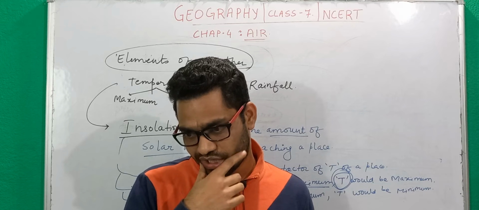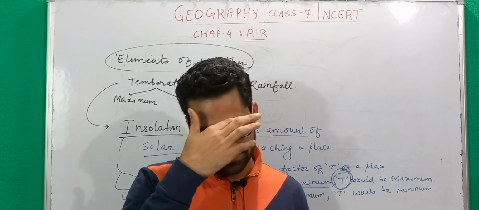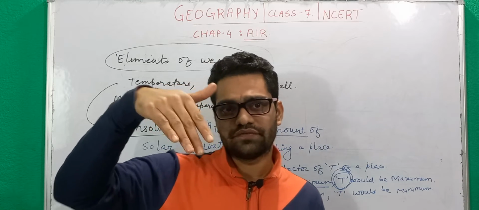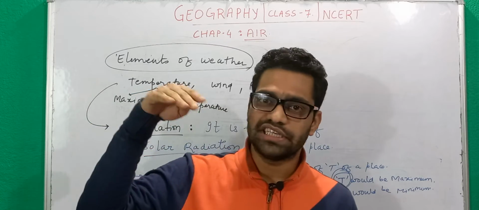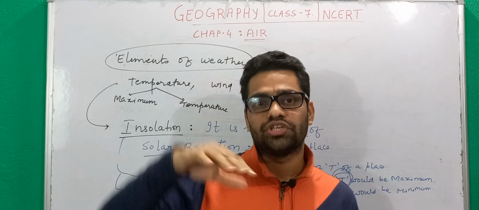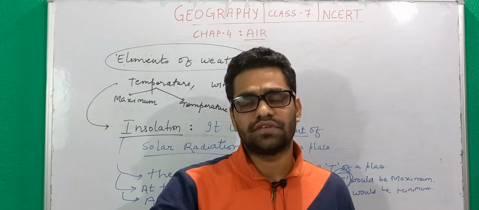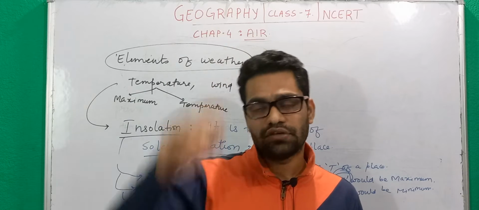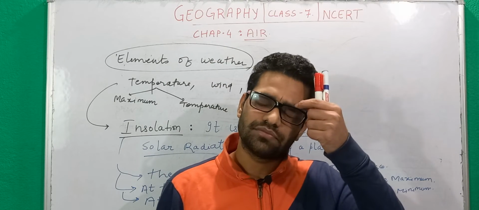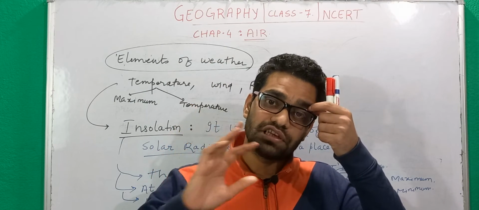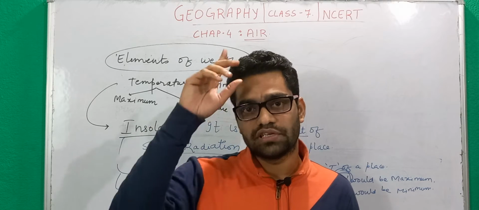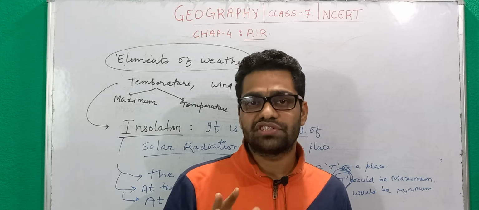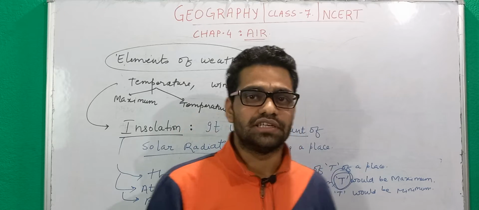Because these are the polar areas, the sun's rays are not hitting the surface directly. You will never ever find sun's rays coming directly overhead. If you are standing in the Arctic, in the whole 365 days you will never come across the sun being overhead. Okay, and at the equator in 365 days you will find every day at some